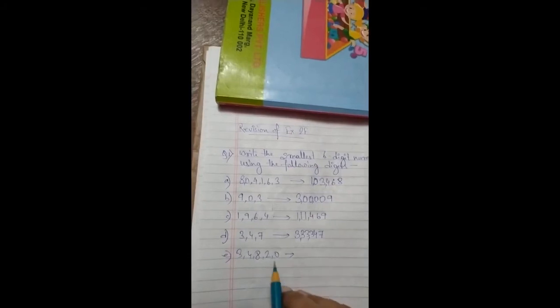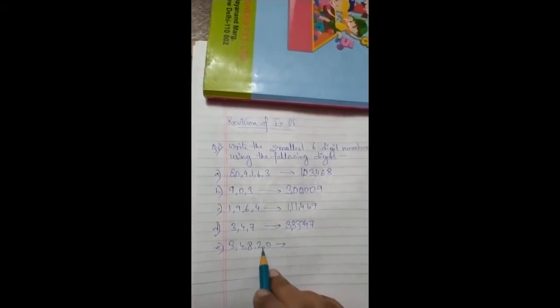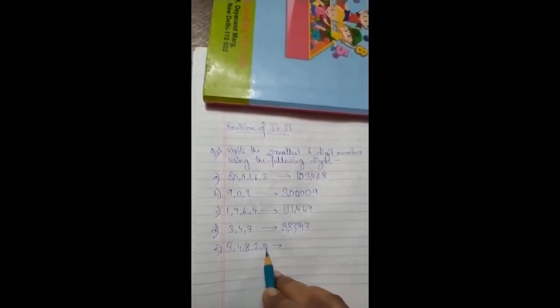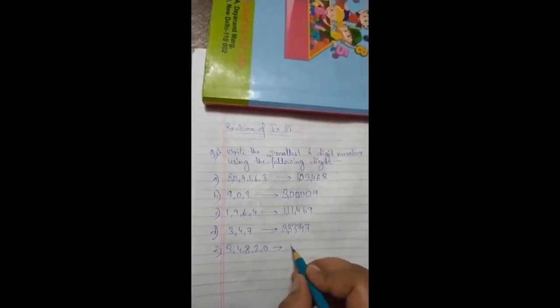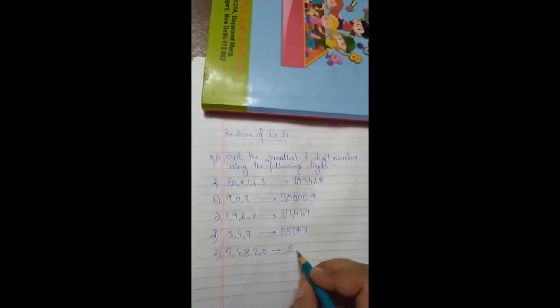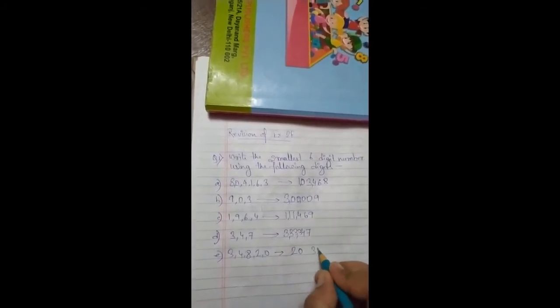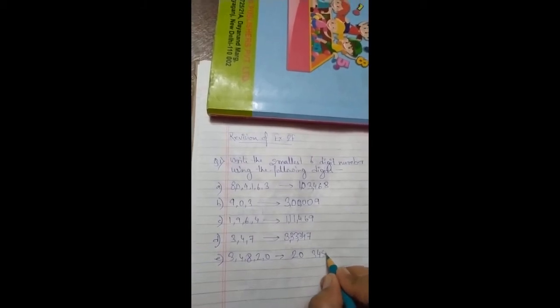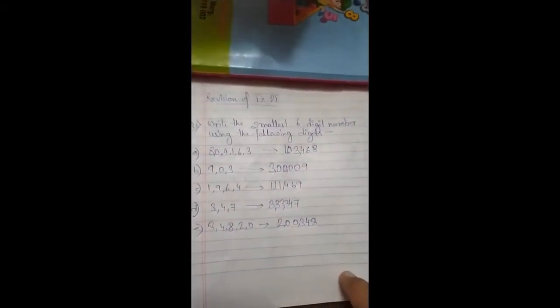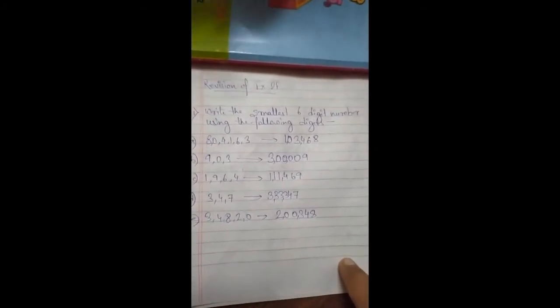Next we have 3, 4, 8, 2, 0. Again 0 is there, that can't be in the first place. The next smallest digit is 2, that is written over here. Next we have the 0, then we have the 3, 4 and 8. So 5 digits are already made, the repeated digit will be 0. This is the smallest 6 digit number. I think the smallest 6 digit number making is clear to all. Now let us make the largest numbers.